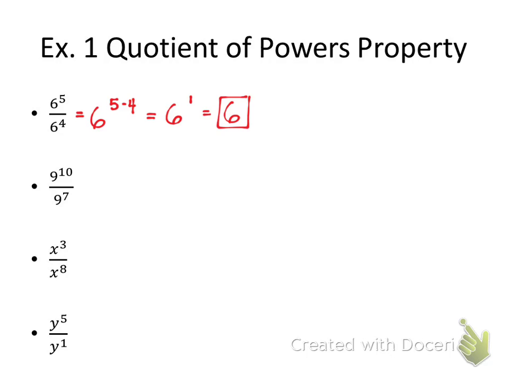So then the next problem that I have is 9 to the 10th power divided by 9 to the 7th power. And I notice there that I do have like bases. My base is 9, so I can subtract the exponents. 10 minus 7 is 9 to the 3rd power. So this is when I would get out my calculator and I would do 9 to the 3rd power, which is